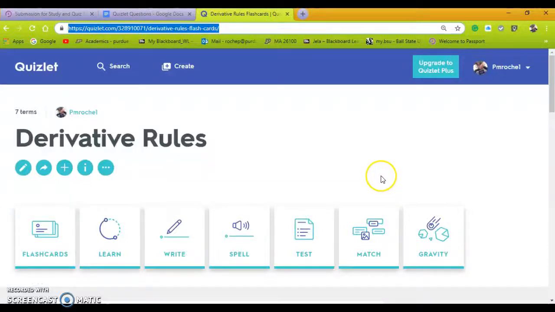Okay, so I use Quizlet. I only have a few terms that I wanted my students to go over for this subject. So to create a Quizlet, you simply click create,